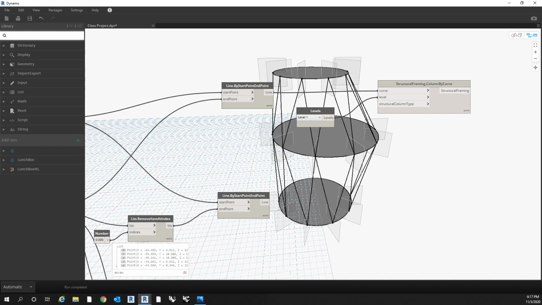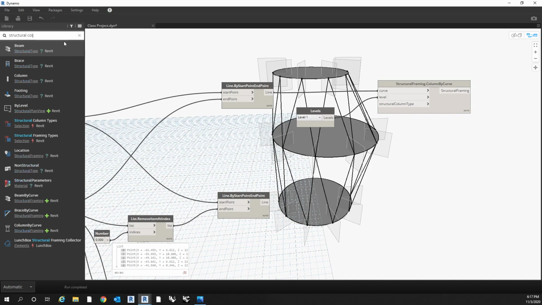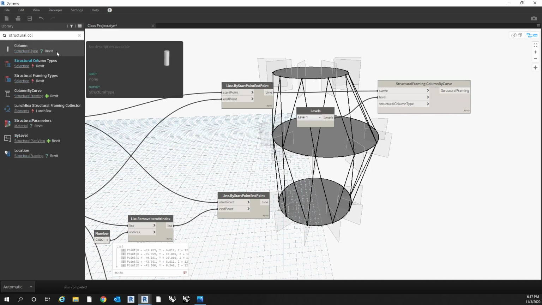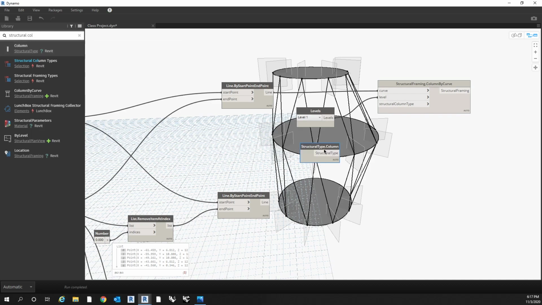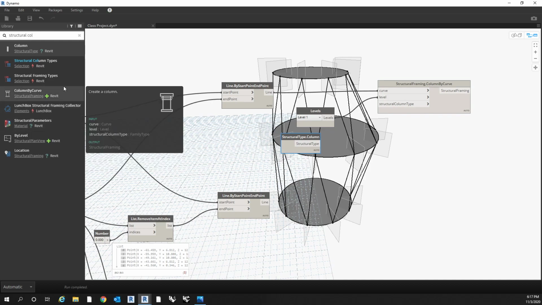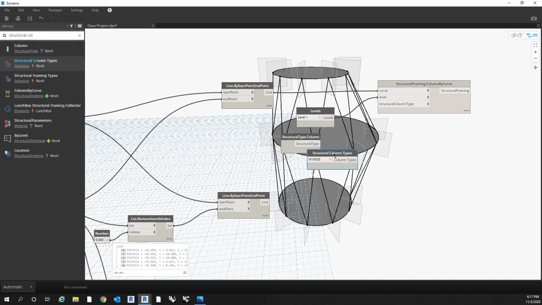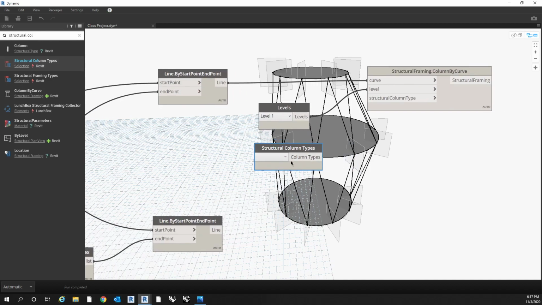Typically the input name will match the name of the component. So if you type in structural column types, there we go. Then you can select pretty much every column, which in this project specifically is only 2, but if you load in, let's say, a round column,